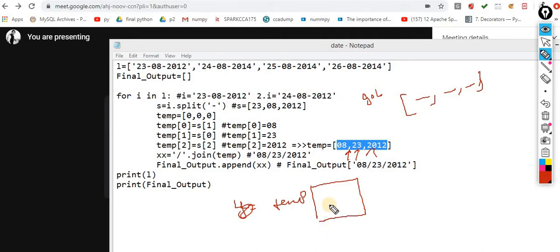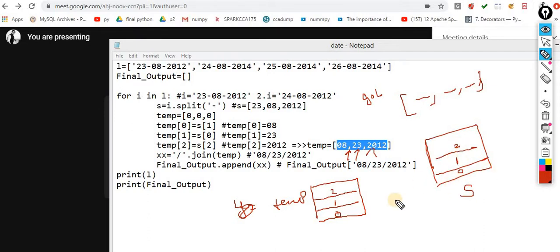Okay, an empty Almira basically. This is shelf number 0, this is shelf number 1, and this is shelf number 2. Now, what are you getting? You want to interchange it. This one is another Almira, this is S, with the 0, the 1 and the 2. Okay, now what do you want?